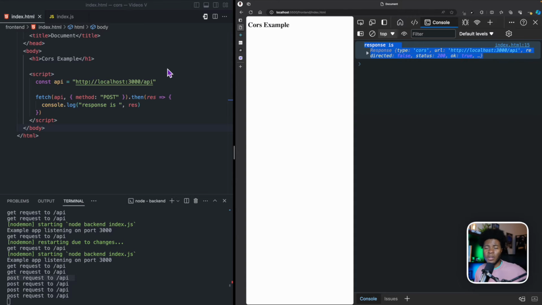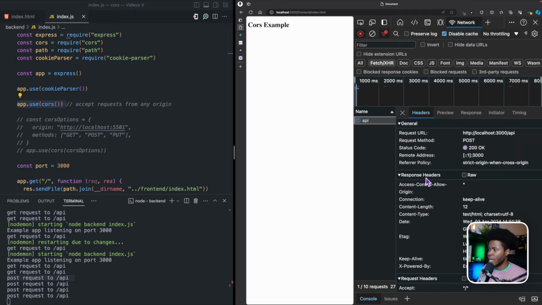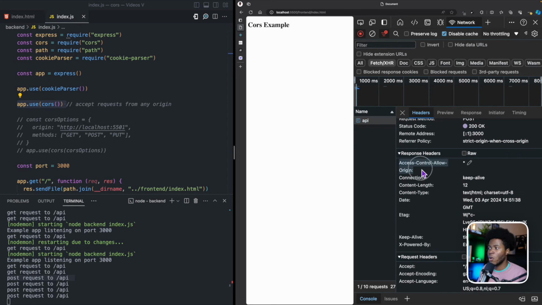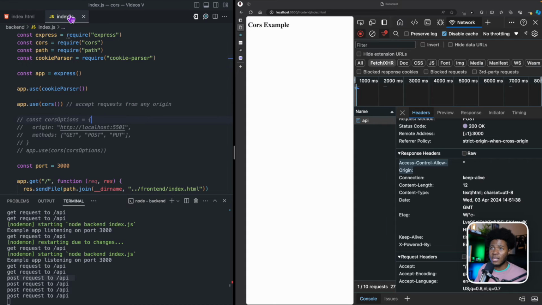So what we have simply done here is to create an exception for the same origin policy. The same origin policy that the browser uses by default allows communication, request and response between the same origins. But with what we have done here by using app.use(cors), where we have been able to respond with a header like Access-Control-Allow-Origin, we are now able to tell the browser that this is an exception. This server can accept requests from any